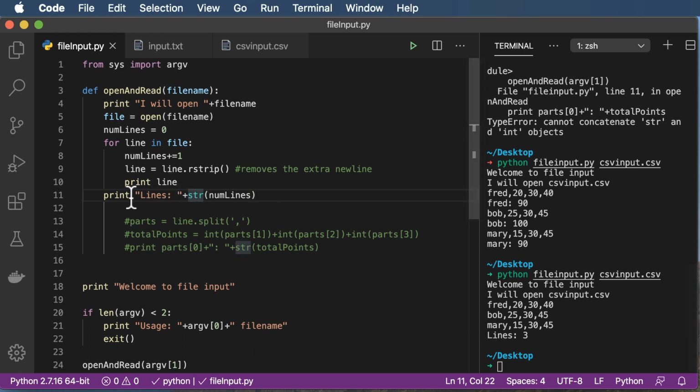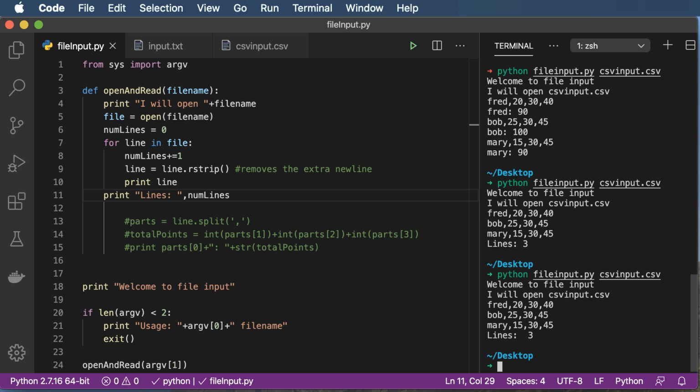Another thing that we can do with the print is just separate these by comma, and then we don't have to convert the numbers to strings, it'll be happy to print that out for us, just like that. So that's all you need to know for files for this class. So good luck on the homework,